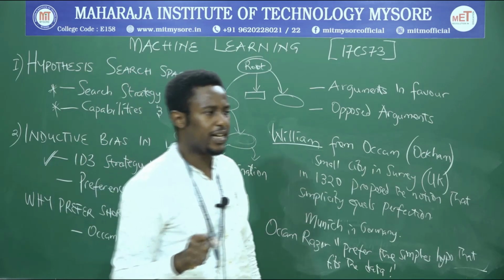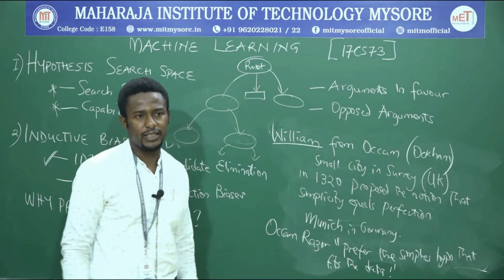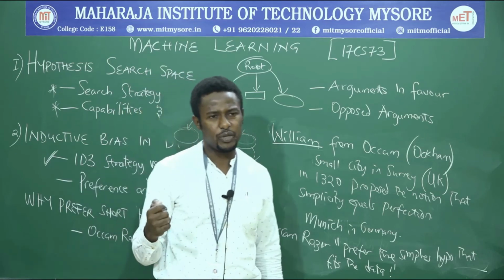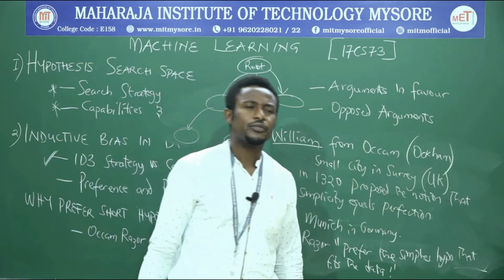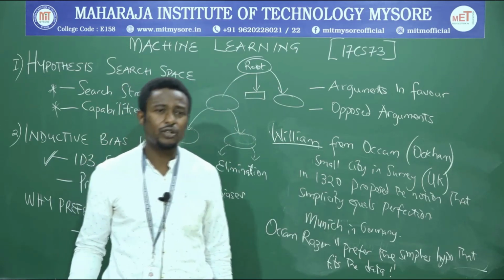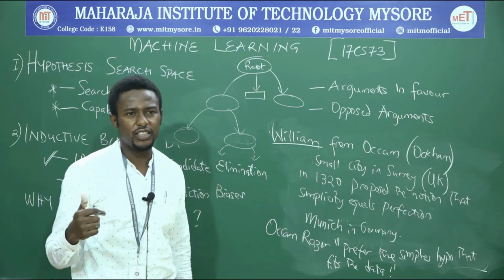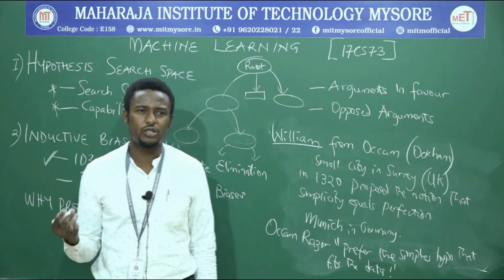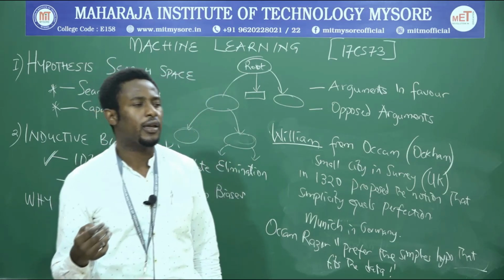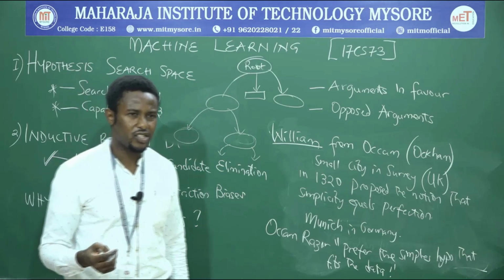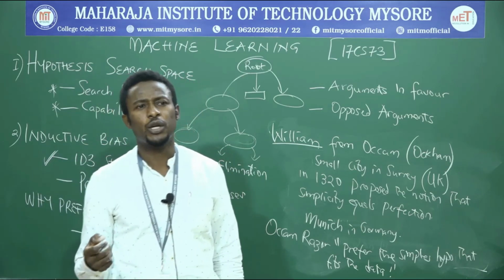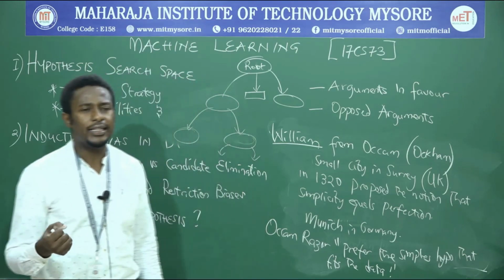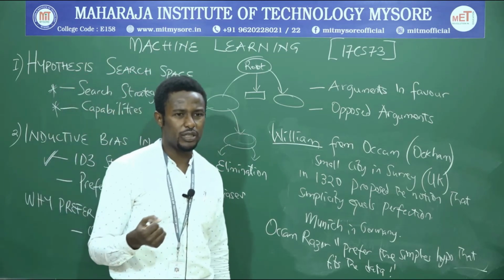So we have come to the end of today's class, but somehow I want you to remember how we started. We started by first looking at what? The hypothesis search space in decision tree. Now, taking a closer look at the search space of ID tree and what? Candidate elimination. We proceeded to looking into inductive bias in decision tree. And taking a closer look at the search strategy in ID tree. And that gave us the obvious question, why do we prefer shorter hypothesis, right? And then to answer that, we first of all need to understand what we mean by